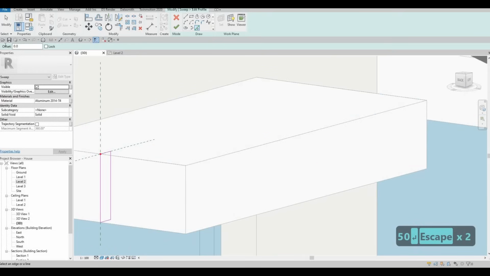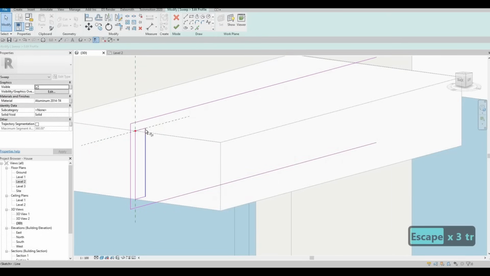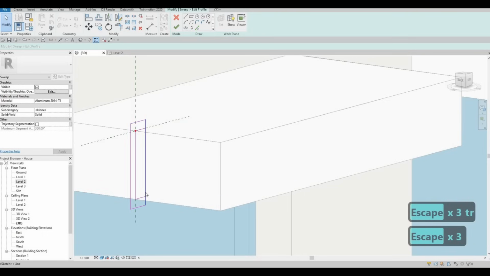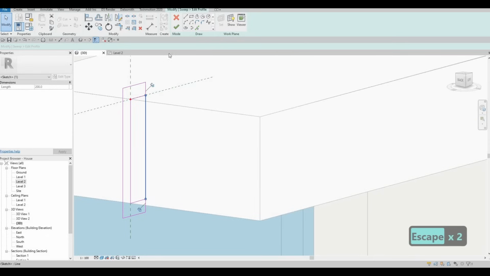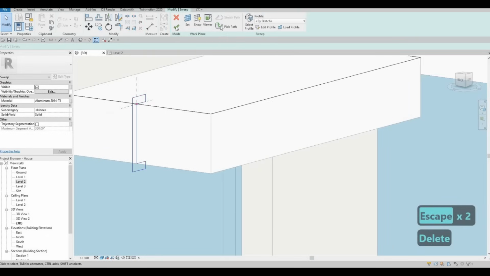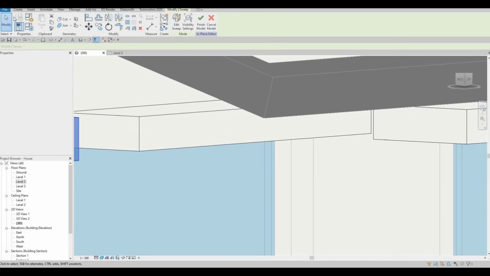Select this one, 25 offset, trim and extend, TR, and then SL, click finish, finish, and then here